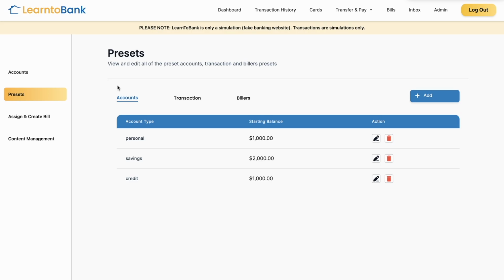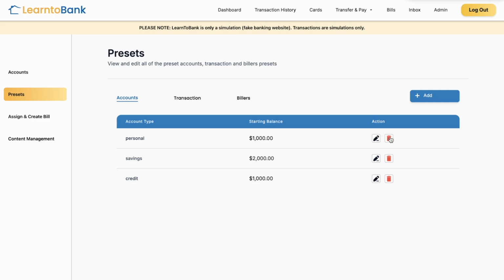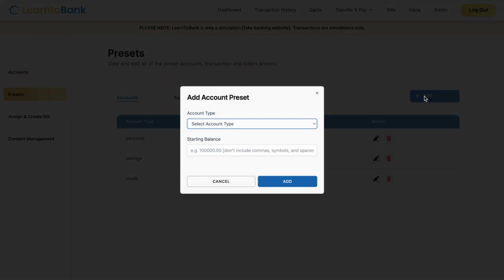In the Accounts tab, you can create and modify different account types for new users. The three types currently available are personal, savings, and credit accounts, each with a different starting balance. To edit an account type, click the pencil icon again in the Action column and modify the account's starting balance. You can also remove any account type using the trash icon. If you want to add a new account type, click the Add button, select the account type, and set the